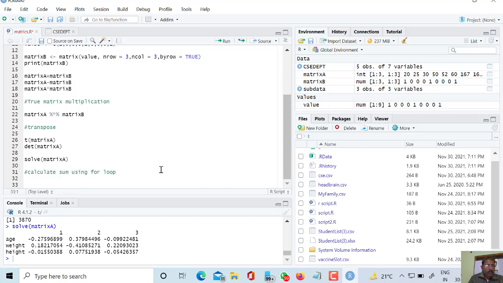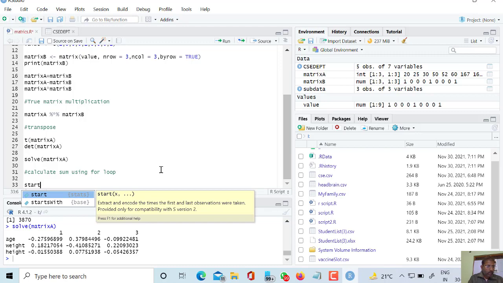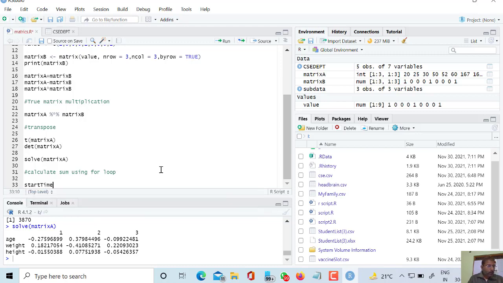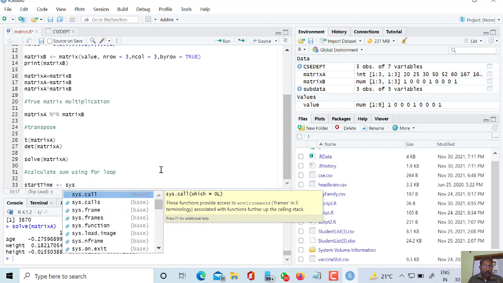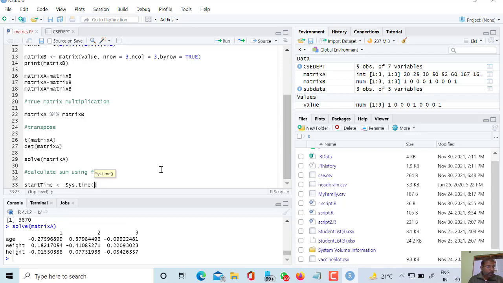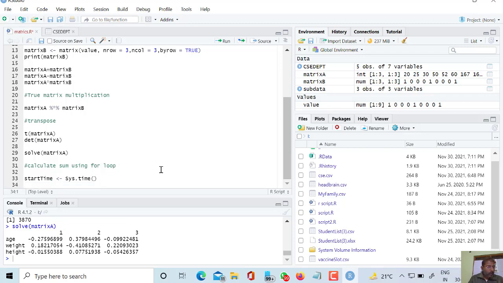So in the first case, when I am using the natural method, let us take a variable start time so that we can store the system dot time here, and now I am performing my operation.